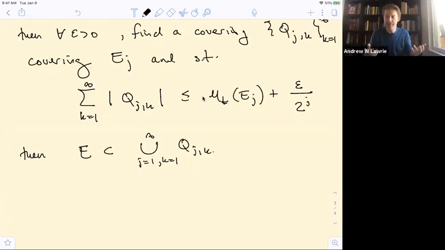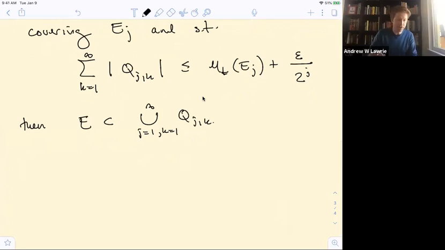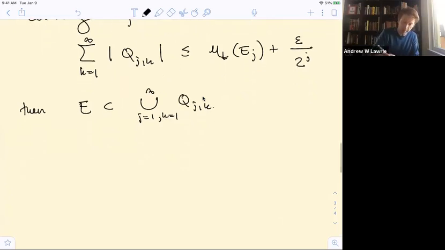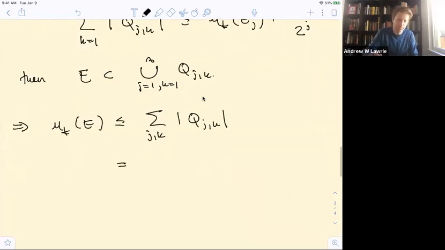Since each of these collections of QJKs covers each EJ, and the collection of EJs covers E, this whole thing covers E. So this is a covering of E by closed cubes, which means that mu star of E, the exterior measure of E, is less than or equal to the sum over all j and k of the volumes of the QJKs,